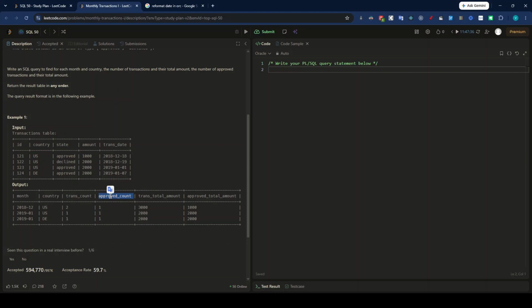If you haven't seen my previous video, just go and see it. I've tried my best to explain how we can perform case when statements, conditional aggregations, the case when statements inside an aggregation function. So we can use the same conditional aggregation logic over here to find out the approved counts, and similarly it goes